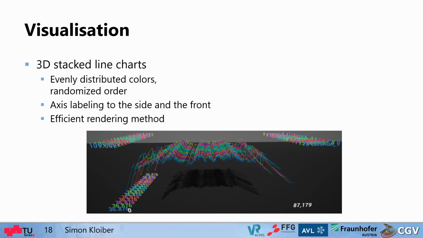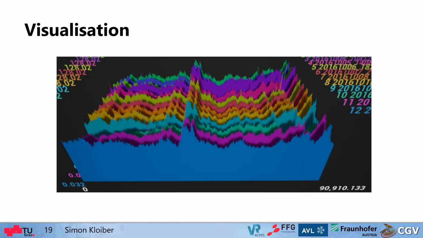Dynamic shadowing of the engine further separates especially high-frequent time series from each other. Since sensor data can be large, we use shader-based methods to modify the visualization to ensure a smooth frame rate in virtual reality. Here's another example with very high-frequent time series that make it look like the wave chart is an area chart. Here we can see how cast shadows help with discerning the different displayed axes.